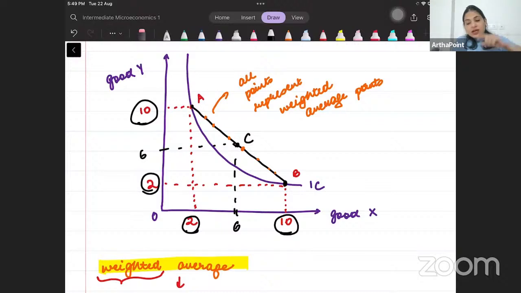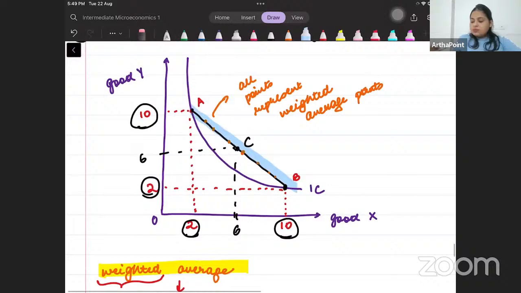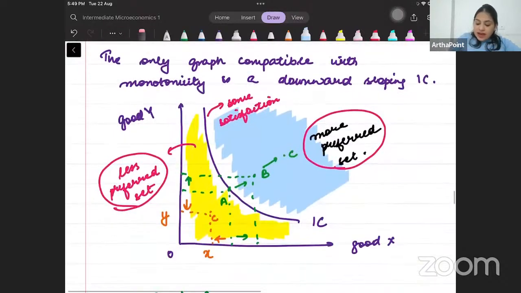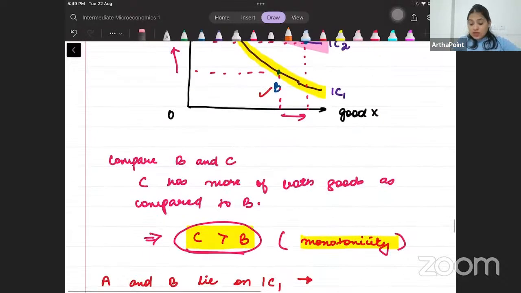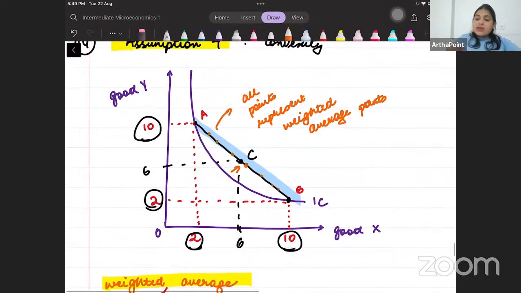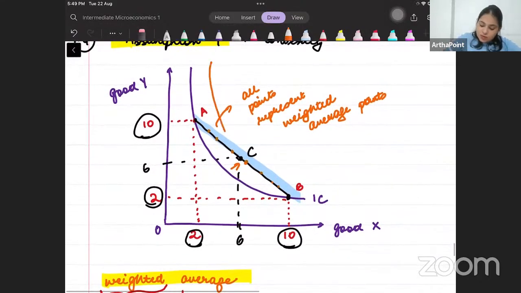ठीक है जी? जितने वेटेड एवरेजेस हैं, बेशक हाफ हाफ का वेट हो या कोई और वेटेज हो, they will lie between A to B. These all bundles will be here. अब बंडल C से सबसे पहले हमें बहुत क्लियर है, थ्रू मोनोटोनिसिटी दैट वी हैव स्टडीड, दैट बेटा एनी बंडल अबव दिस C इज मोर प्रेफर्ड। ये बंडल तो इस C के ऊपर लाई कर रहा है, सो इट शुड बी मोर प्रेफर्ड। दूसरा तरीका समझो, सपोज बेटा आई ड्रॉ एन इंडिफरेंस कर्व थ्रू C,